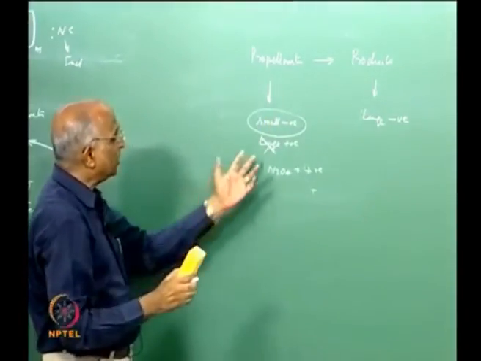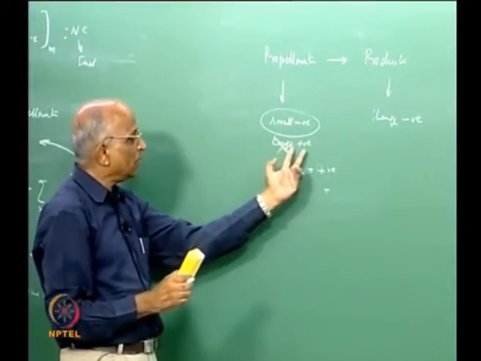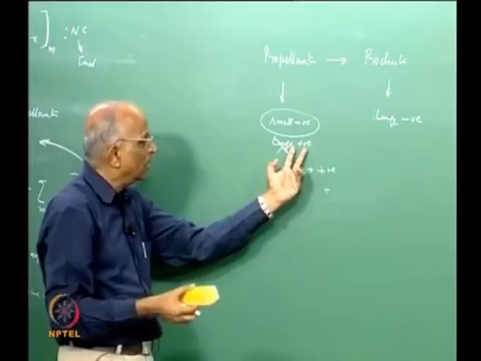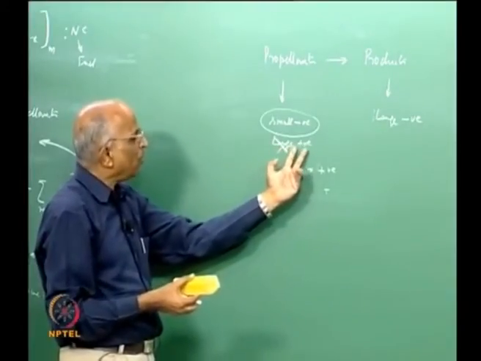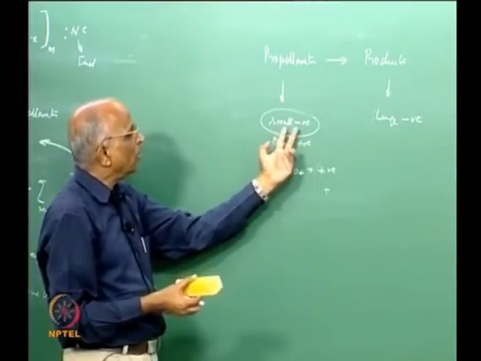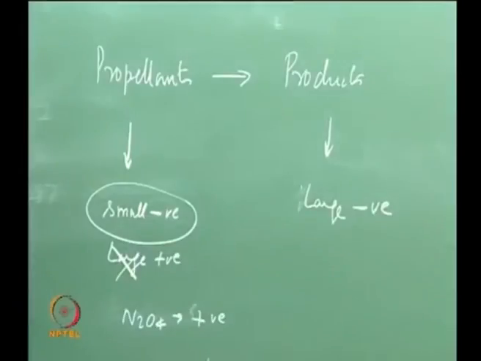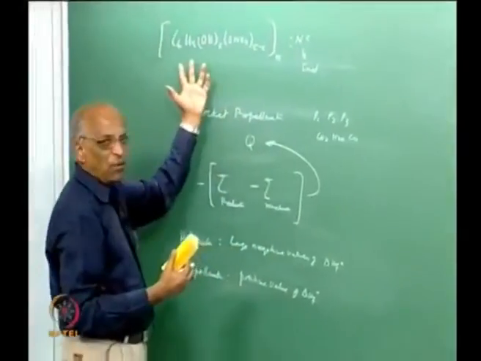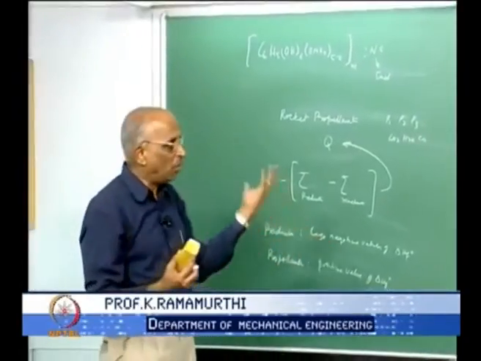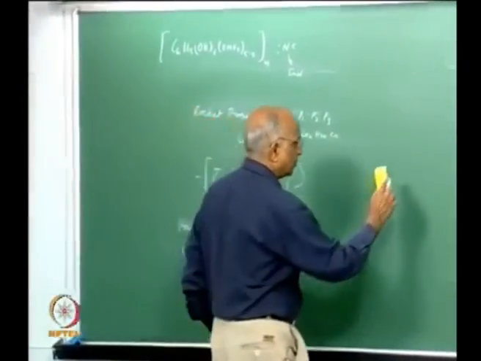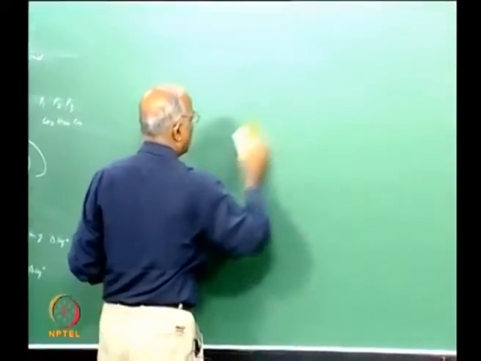But the desirable feature is that a propellant should have a large positive value, because a large positive value makes the substance unstable. We sort of compromise and tell ourselves that a small positive or a small negative value is all that a propellant should have. This tells us the choice from the heat of formation point of view, and this is all we require to know about the choice of chemical propellants. Therefore, if this part is clear, maybe subsequent things are quite simple.